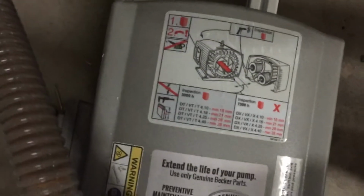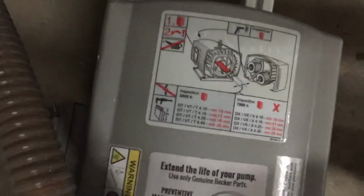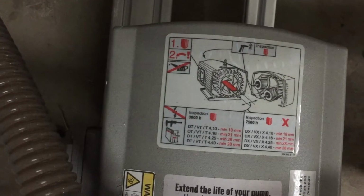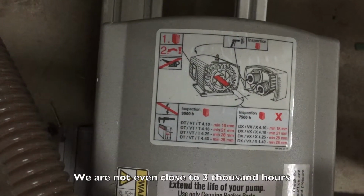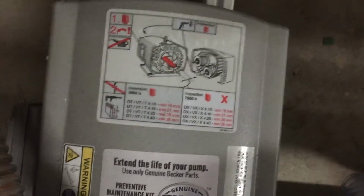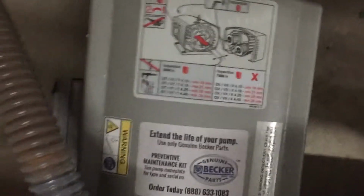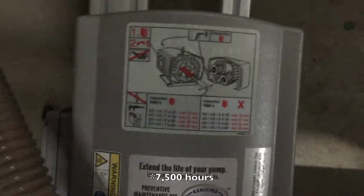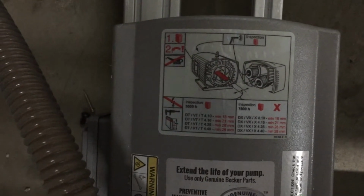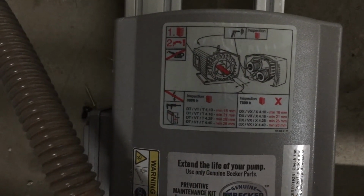Okay, upon closer inspection, the label here seems to indicate to inspect at 3,000 hours. Is that right? But wait a minute, this other label over here says 75,000 hours. Man, what is this? Oh no, I'm pretty sure this is a VT. So I think we're at 3,000 hours